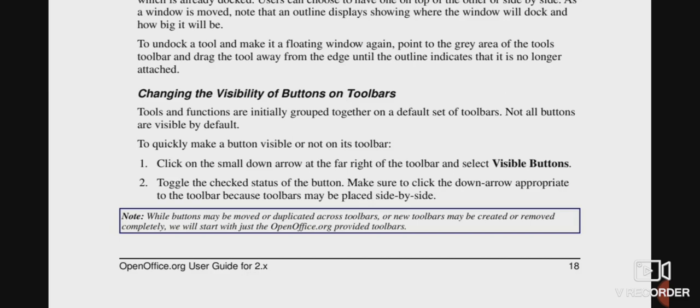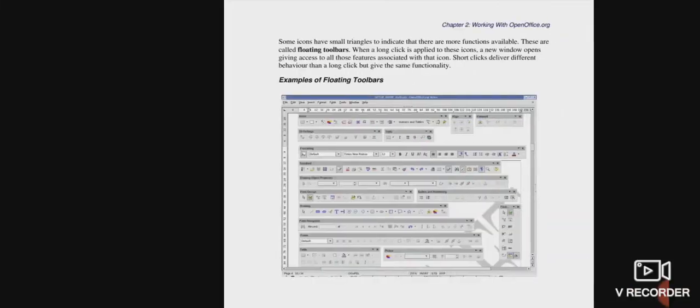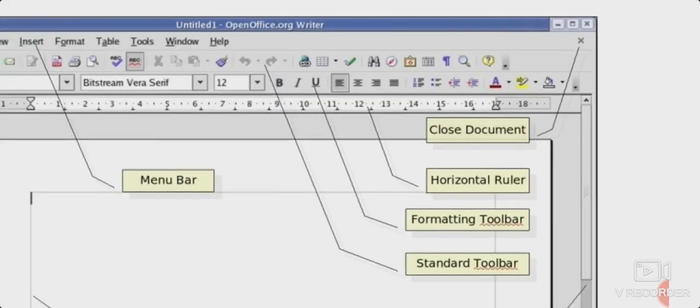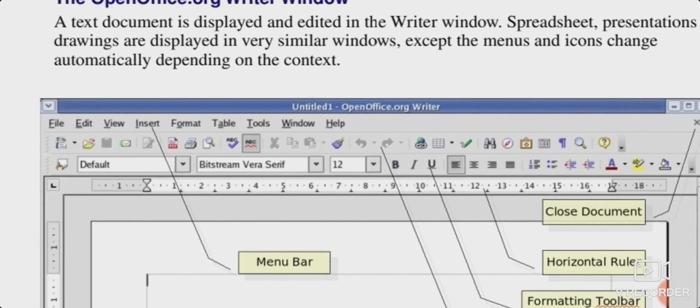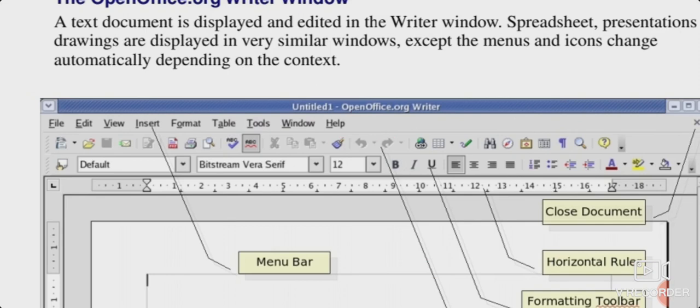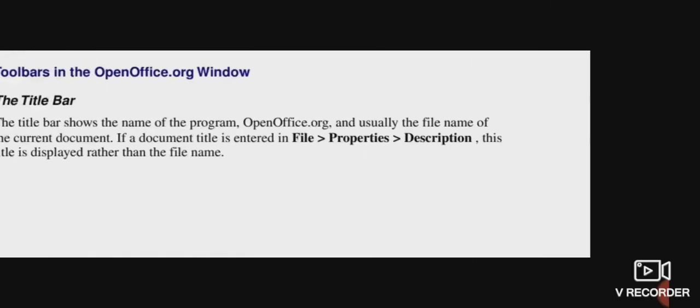Let's go back again. You can see here, this is visible, these two are invisible, this is invisible, this is visible, invisible. So some icons are visible, some are invisible.